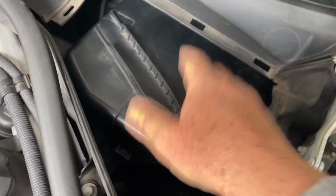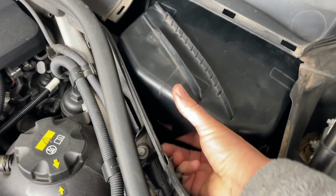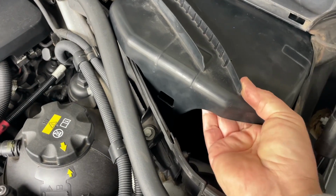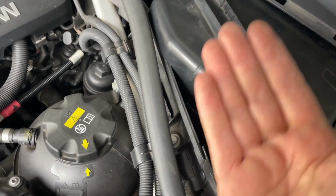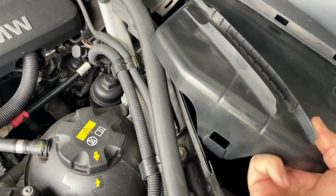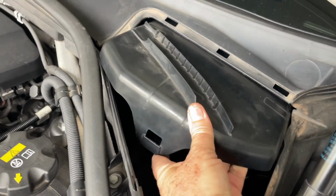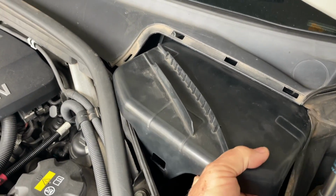Now, this is what you're looking at. On either side, they're exactly the same. Clip forward. That'll come out. Now, keeping it flat, see how I lifted it and kept it flat? There's clips on the side that you have to come up and over, and then that will come out. We're not quite over it yet. If that happens, just keep it so it can go down, lift it up and over,